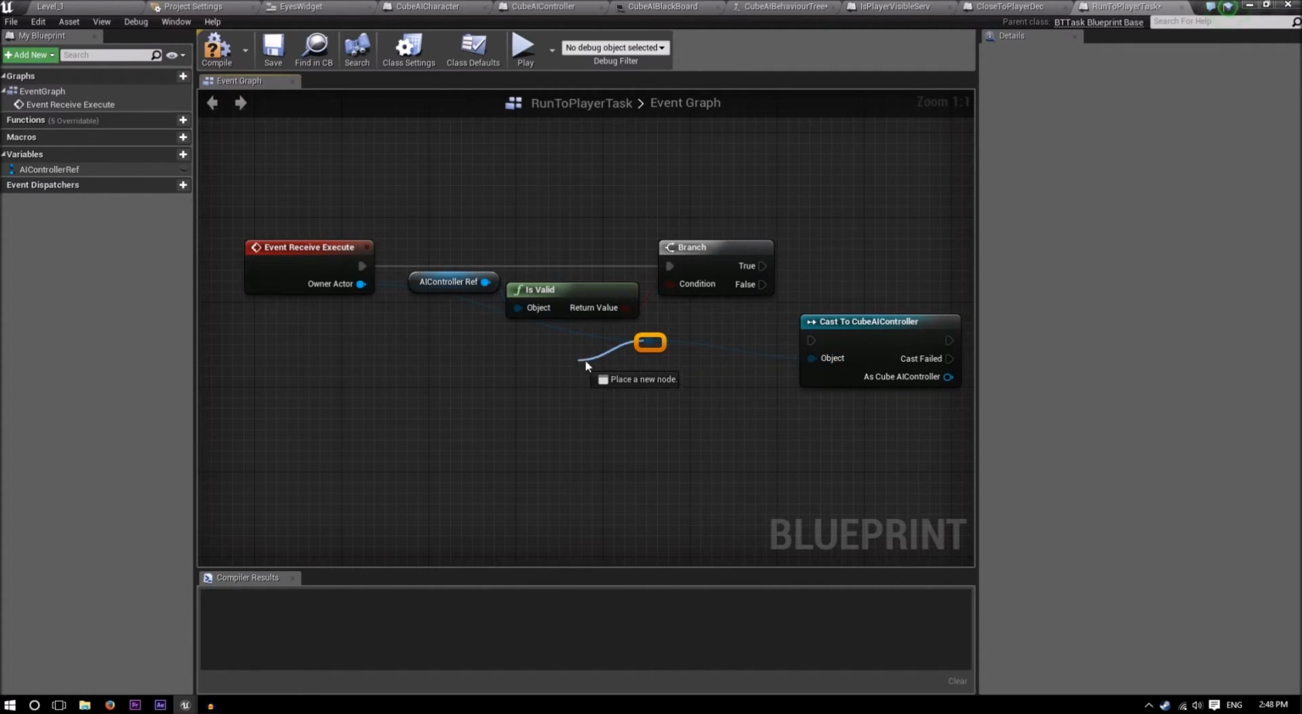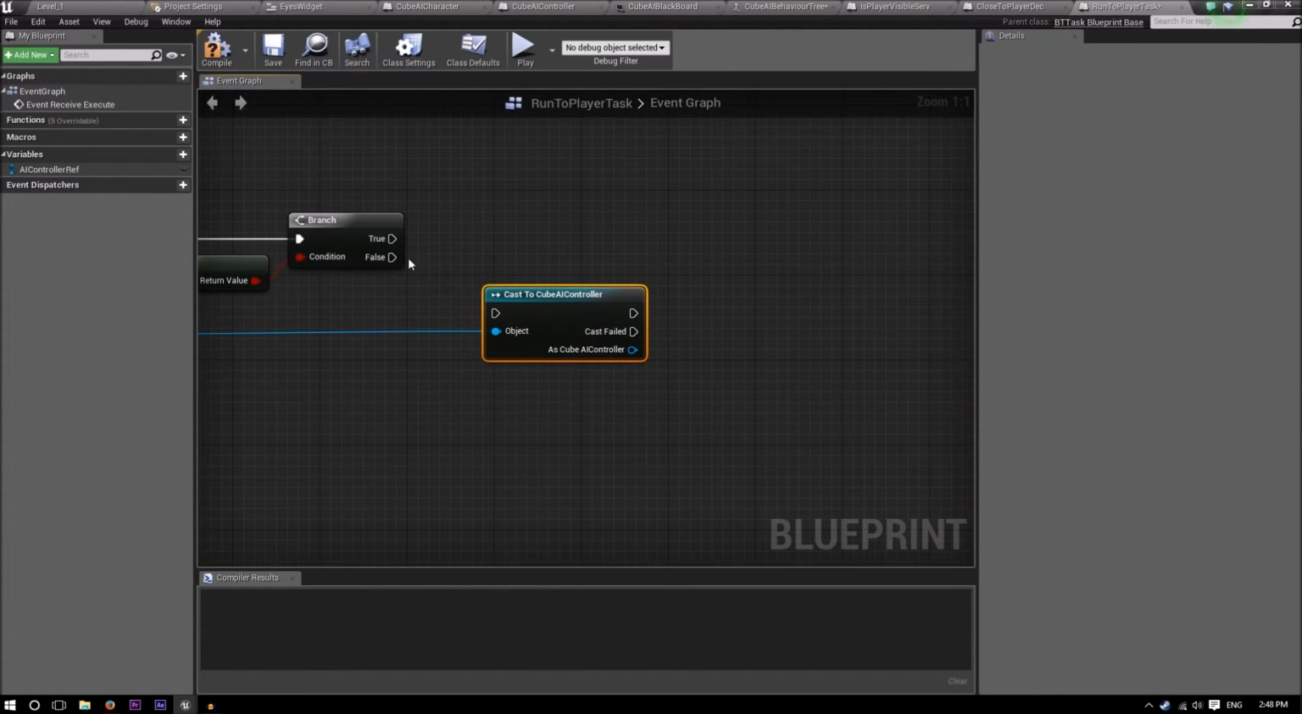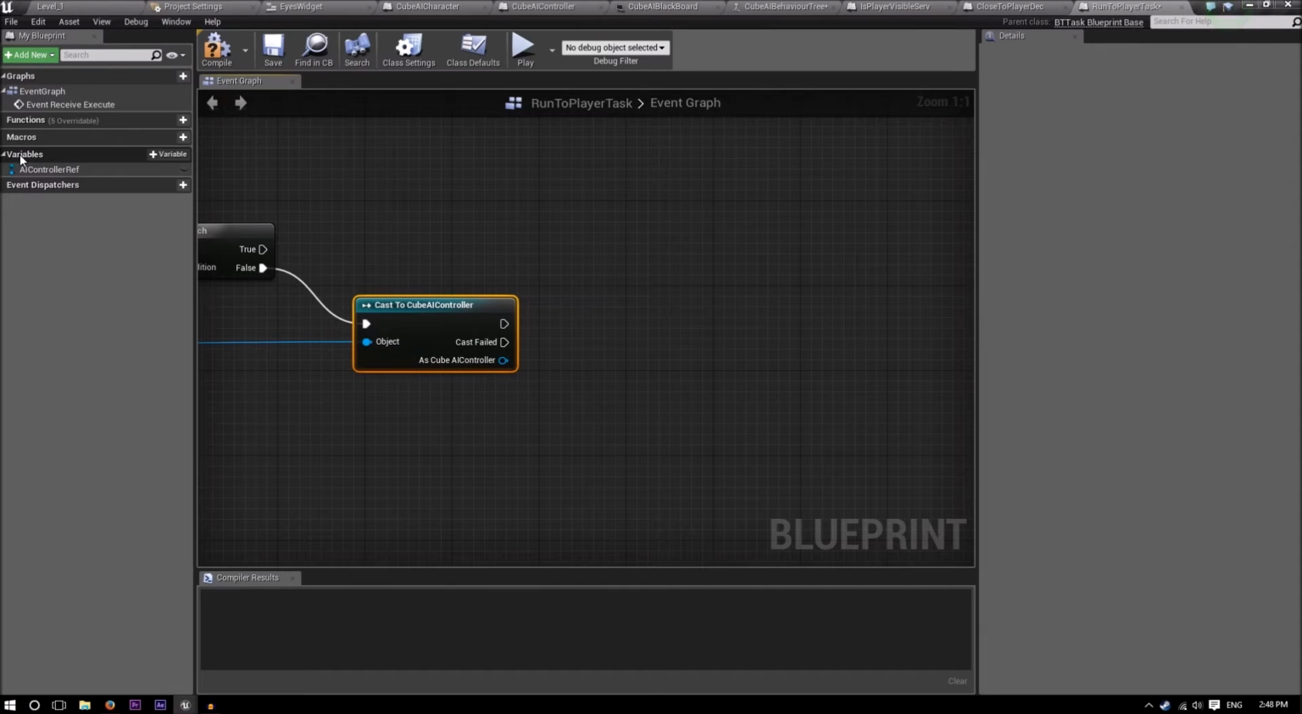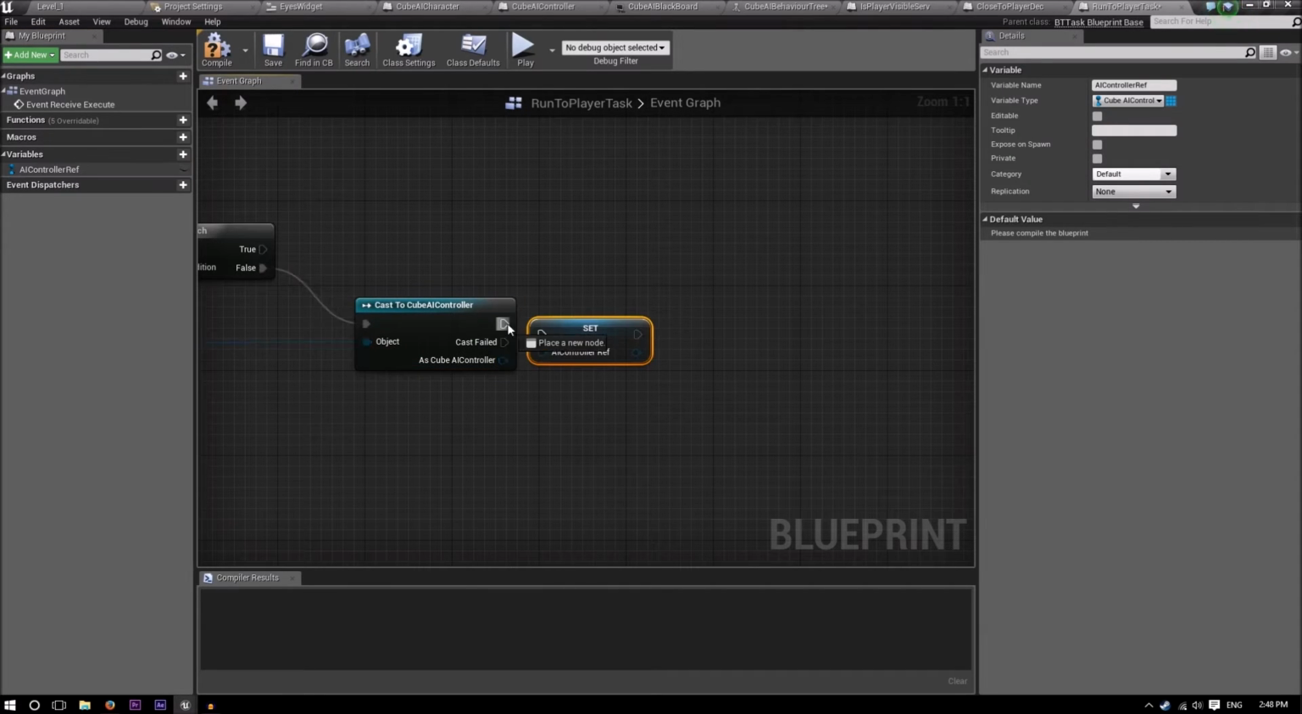Sorry about that. So basically what it's saying is, is this a real thing? Yes or no? No, then let's set it. So hold Alt, drag it out, connect it to. Alright, if true though,